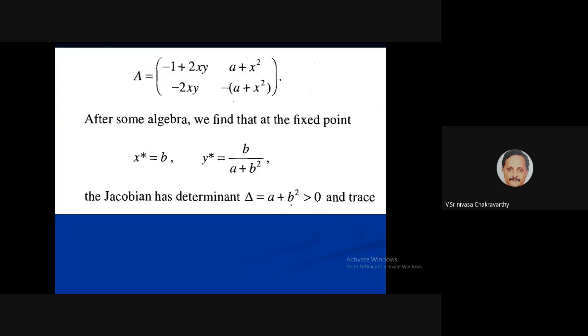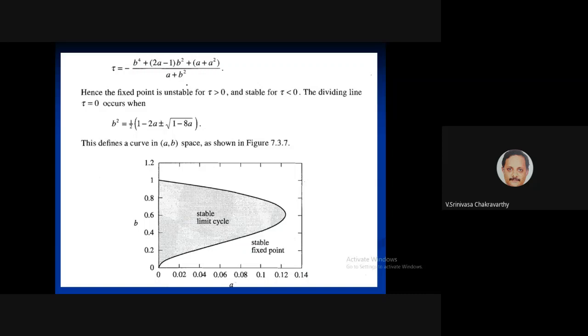That is positive because a and b are positive. Trace is this. So this fixed point is unstable when tau is positive and stable when tau is negative. We want it to be unstable. So tau is 0 when this equation is true, and this is the relation between a and b. Which means in the AB space, because a and b are the two parameters of the system,